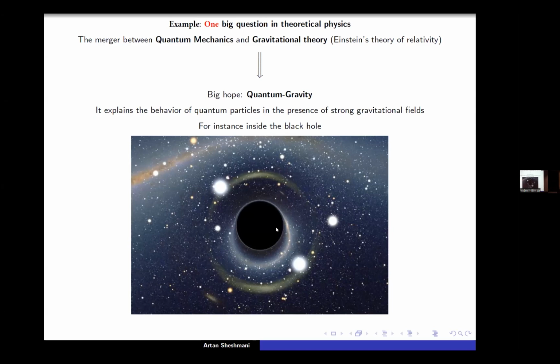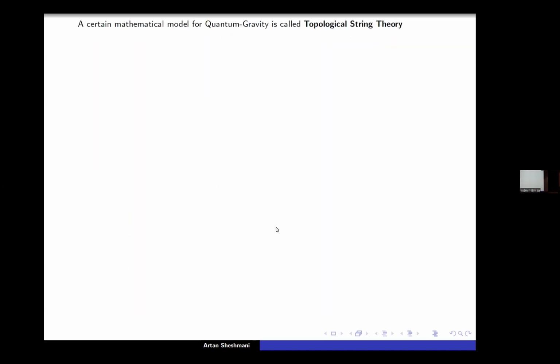So, all right. There are many mathematical models built for quantum gravity. The one I can talk about, or I can be brave enough to talk about, is topological string theory. If a mathematician tells you we understand a string theory, it's a lie. We don't understand a string theory. We cannot touch a string theory. It's not well defined mathematically. Topological string theory is something that at least I can say I can touch. So in terms of rigorous mathematical definitions, topological string theory is the only thing that we can actually have